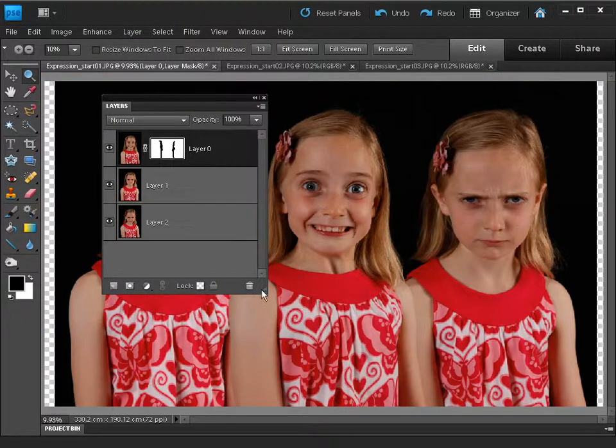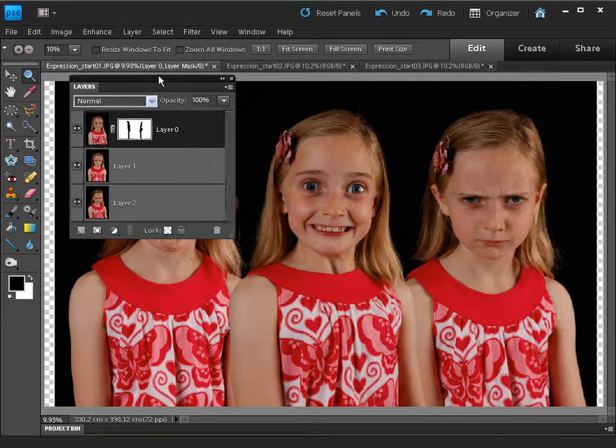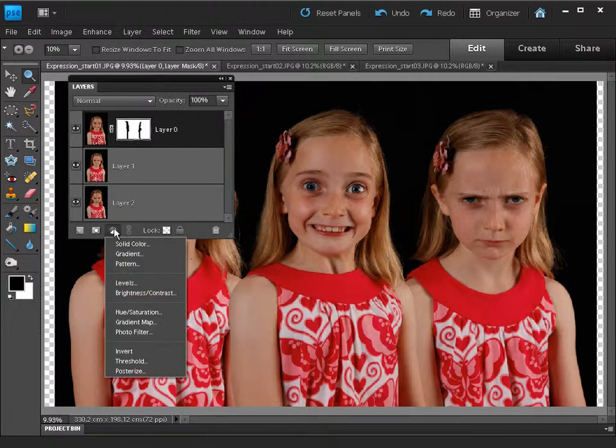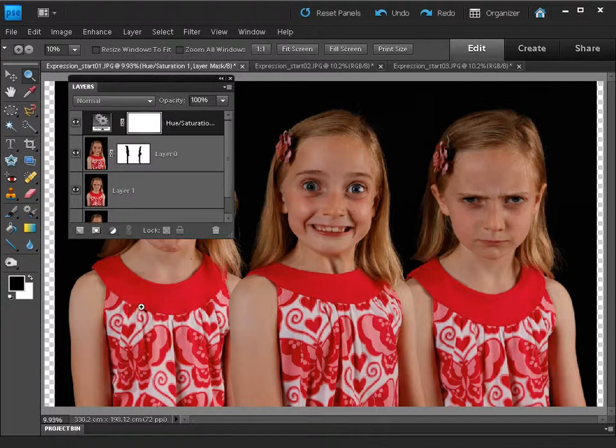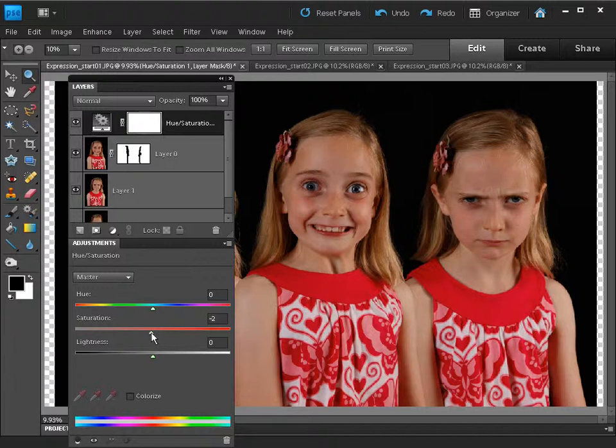So once you've finished your compositing, you're now ready to create a striking black and white expression portrait. First of all, by desaturating it, let's do that with hue saturation. We can then bring in the hue saturation adjustment layer like so, and take out the color by dragging this to -100. Now the contrast is very flat, we've got lots of greys, we don't have very bright whites or